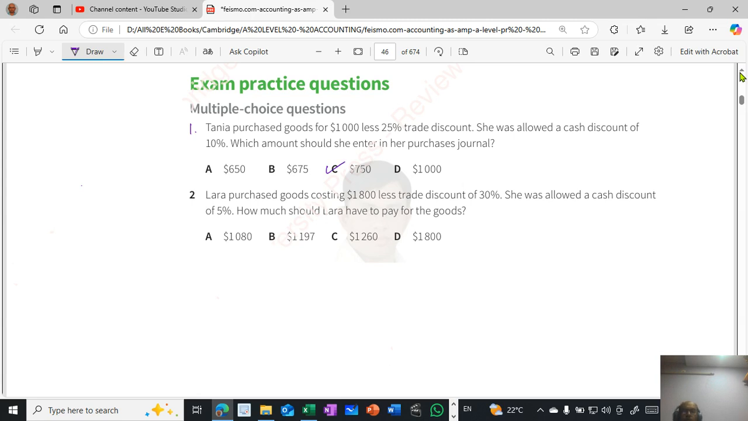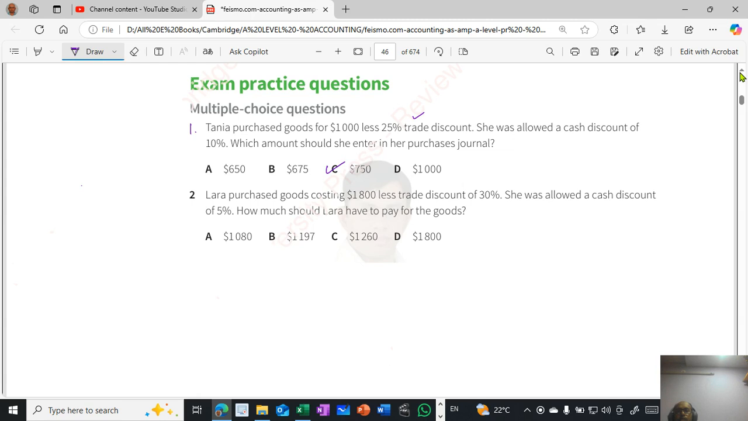So cash discount is never recorded at the time of purchase entry. Trade discount is recorded, but cash discount is not recorded in the purchase journal. Next,